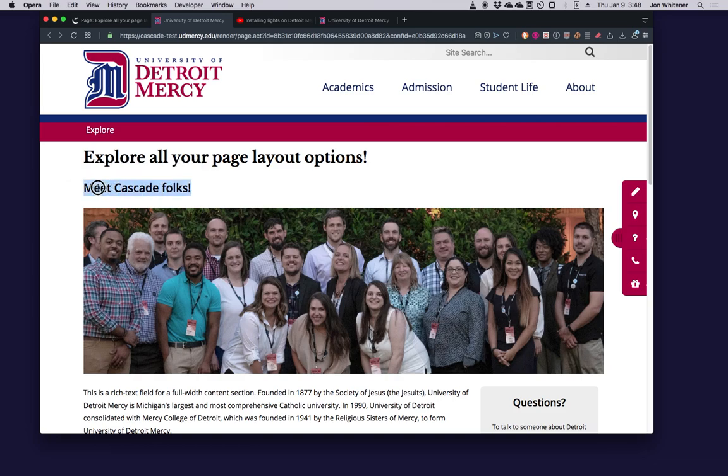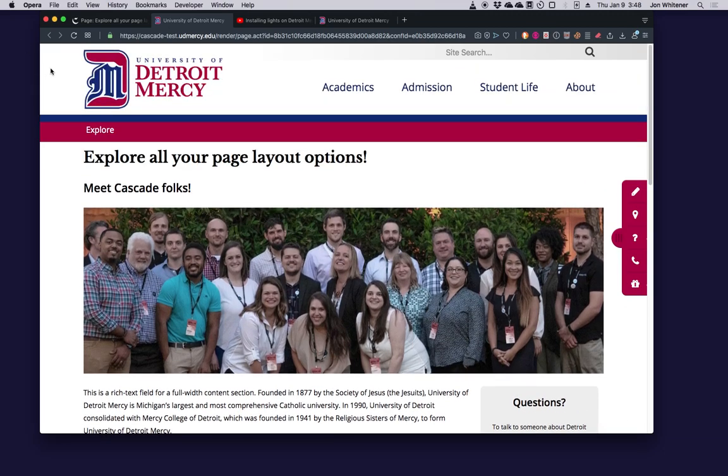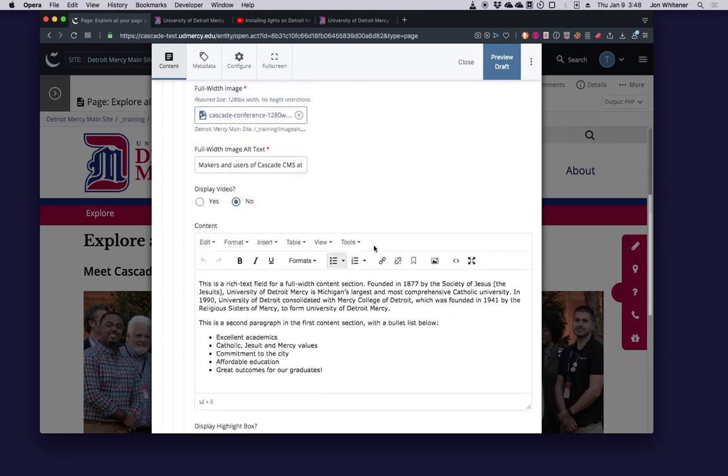Again, you'll remember this was the title of the full width content area, and that is a heading 2. We also used heading 2 for the heading in this highlight box. Just like you were outlining a report, you would want the levels of your headings to make sense, so that anything that's heading 2 would be under a heading 1 and anything that's heading 3 would be under a heading 2. That's just good practice for web content, always. So that is a full width